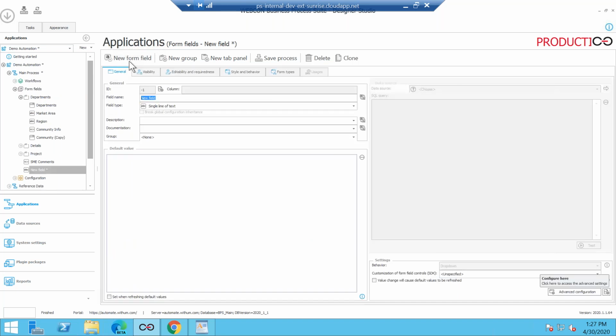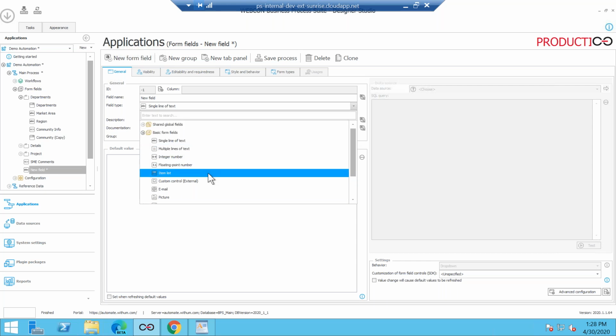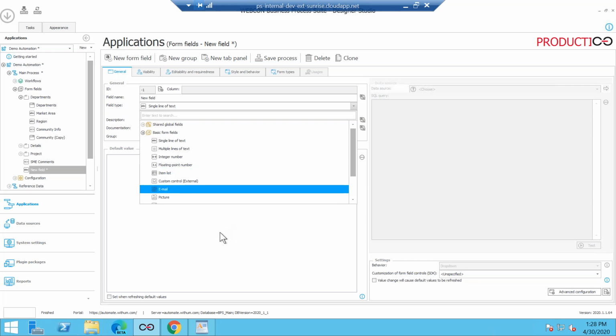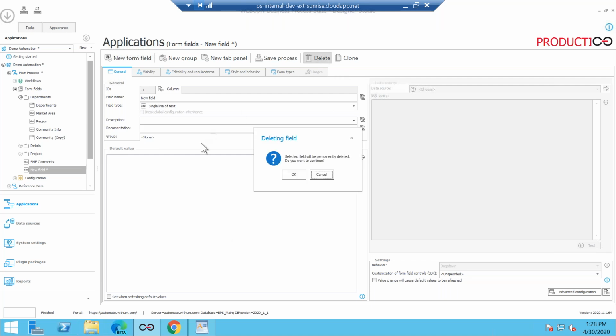Okay, cool. So the first thing we want to do is, I want to just go and add a simple field. So I can just come right here, click on new field, and I can start adding my field. There's a lot of different types of data that you want to. The one that we like is the item list that gives you the grid experience. You could have different columns in there. It's all very simple and easy. If you're an InfoPath person, think of this as like a repeating table. Yeah, if that helps. There might be some people on the call that are familiar with that.